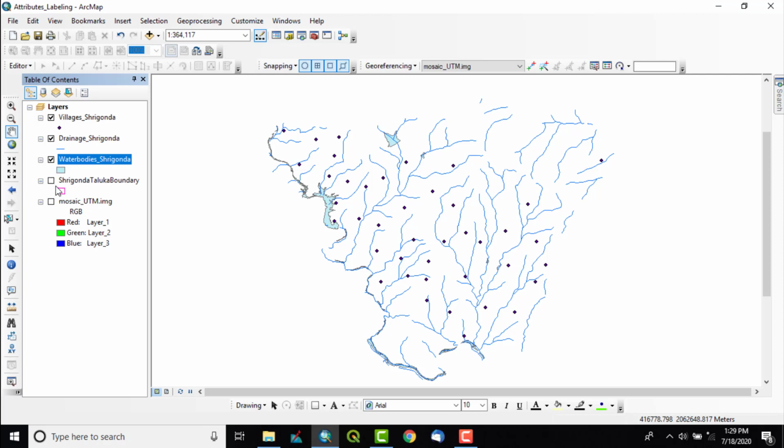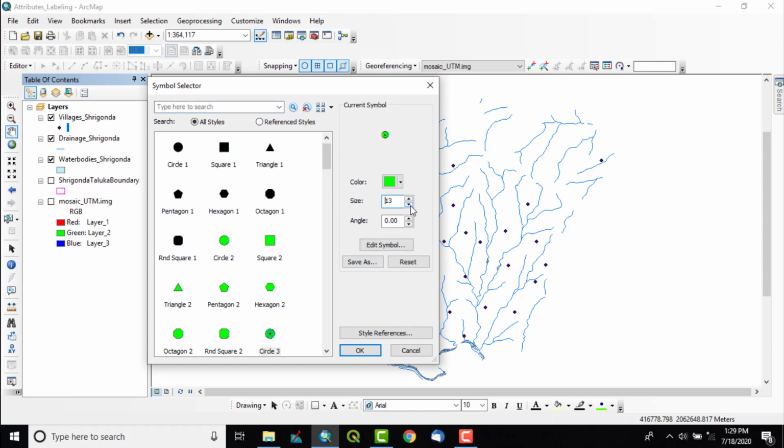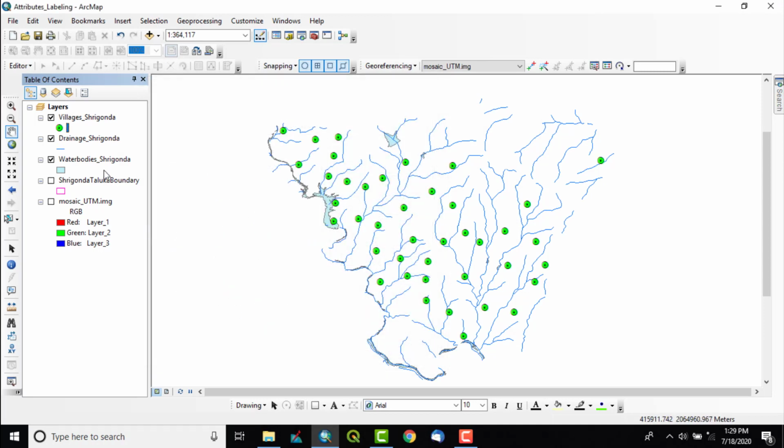So how to assign the attributes? Now attributes, let's suppose take first example of villages. Now if we take a village, I will just change the symbology. So village will have many attributes or information, like what is its name, what is its area, what is the population, literacy and all, what is the area under agriculture, what is the area under forest, like this. So those may be the attributes for the village, say shape or feature.